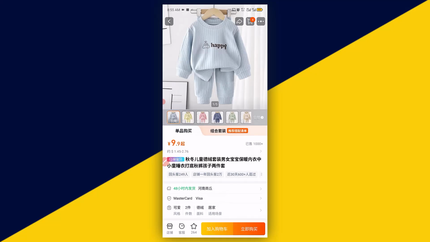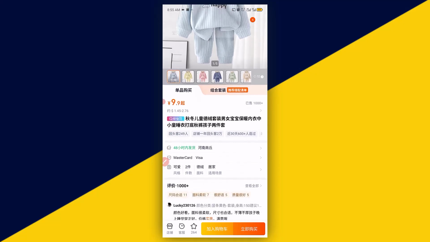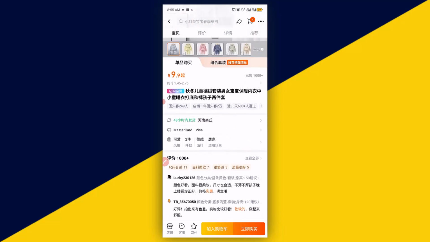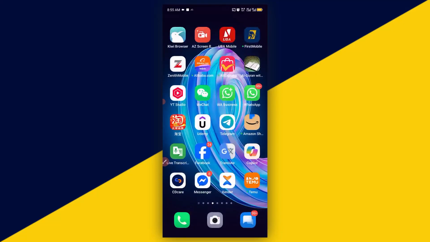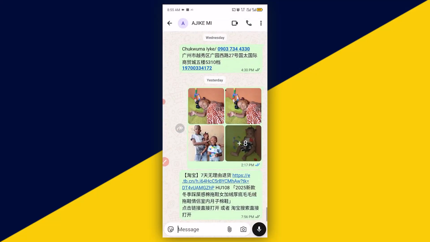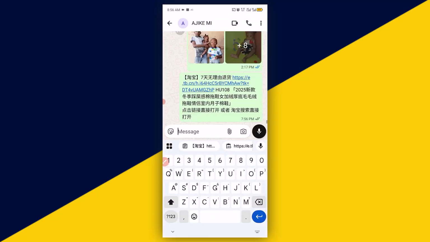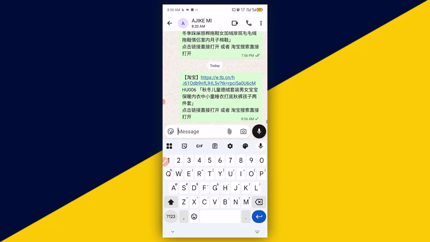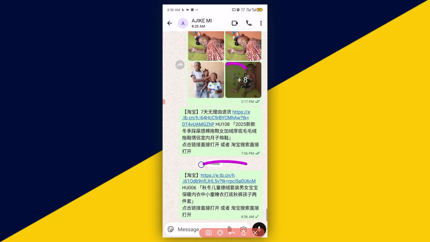Now let's say for instance, I want to send this link to someone to help me buy this product, or I want to send this link to someone that fully understands how Taobao works. So I'm going to open up my WhatsApp right here, click on here and paste the link right here. Now we have the link right here. So once we have the link sent to someone, it is the responsibility of this person to open up the link. And by clicking on here, just to connect back to Taobao, it's going to redirect to